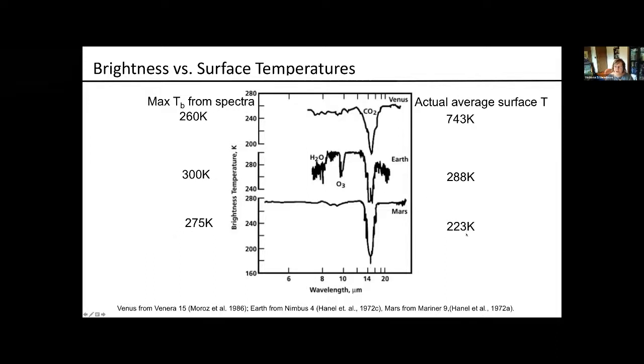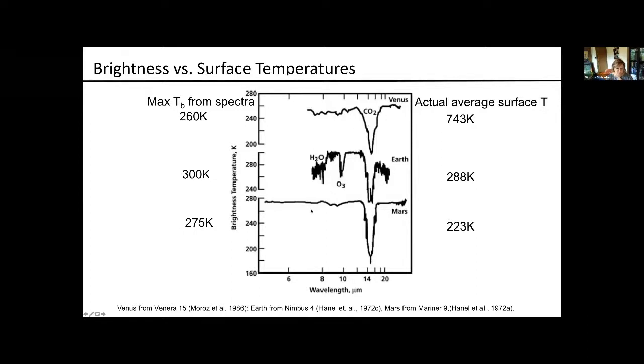But the actual average surface temperature over the disk for all of these objects is 743 for Venus, 288 for Earth, and 223 Kelvin for Mars. So again, part of this is affected by the fact that these spectra were taken over spatially localized regions. And so for Mars, for example, you're seeing a particularly hot part of the planetary atmosphere and surface rather than the disk average. But in the case of Venus, because we're not able to penetrate down through the clouds at these wavelengths, but we're seeing the emission at these wavelengths, in fact you get a much cooler